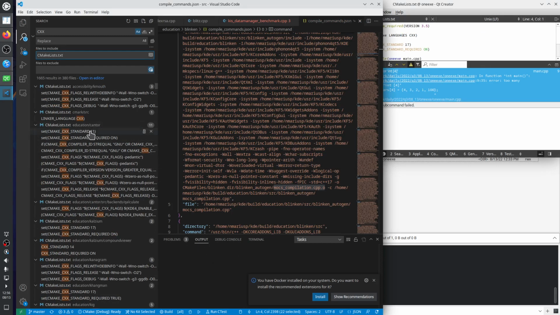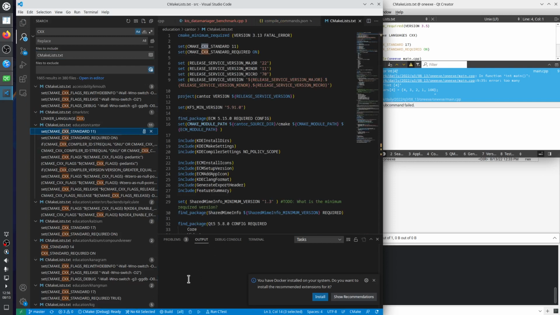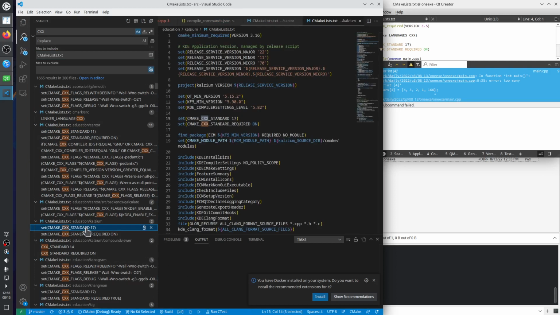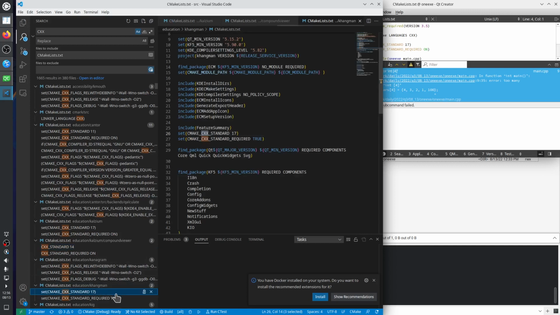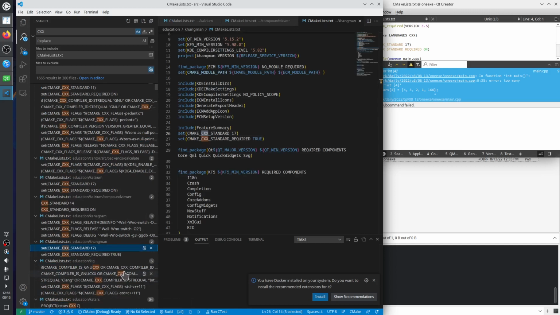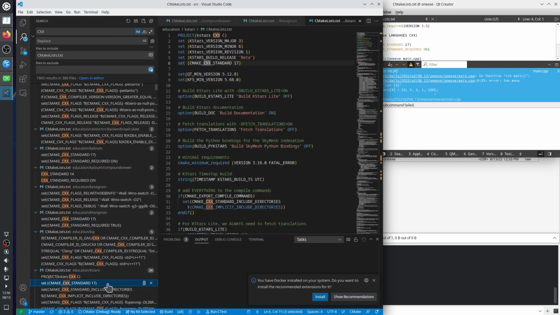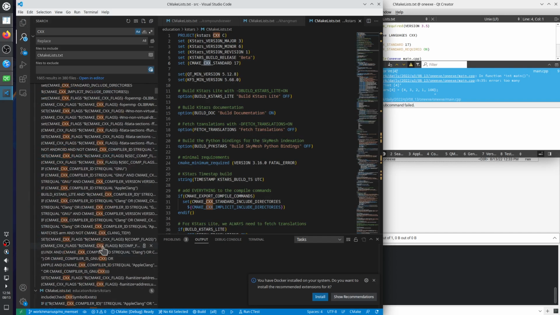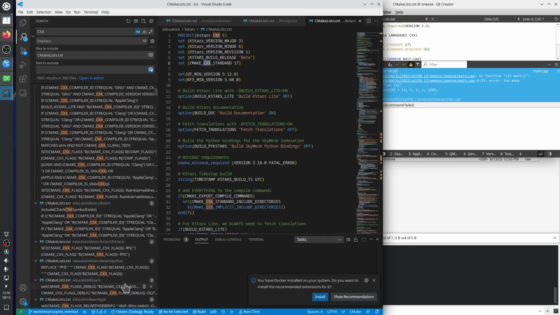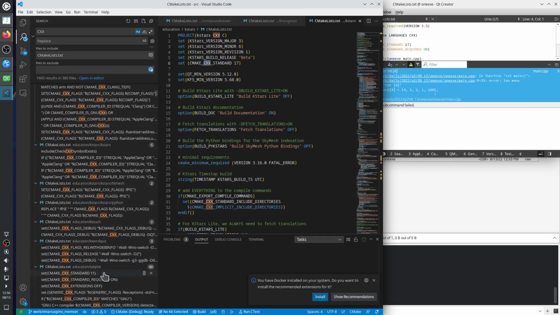So there's Education Cantor, which says standard C++11. There's Calligra, which says C++17. There's Compound Viewer, which says C++14. KHangMan, C++17, KStars, C++17, LabPlot, C++11,